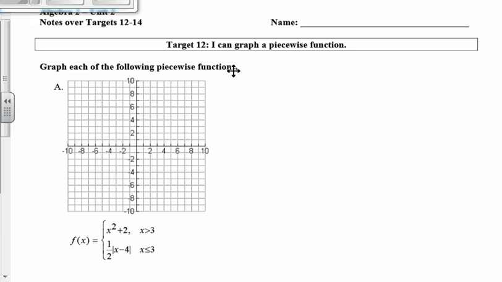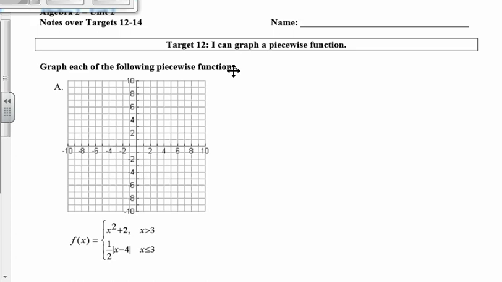Today we're going to start going over piecewise functions. Piecewise functions are something that you have actually seen before. We evaluated piecewise functions earlier this unit, and now we're going to actually create the graphs of them. I know these equations look kind of crazy, but just to remind you what a piecewise function is, it